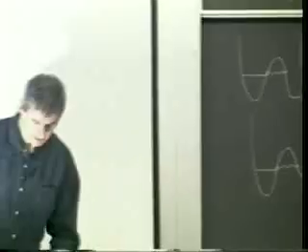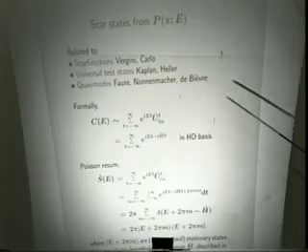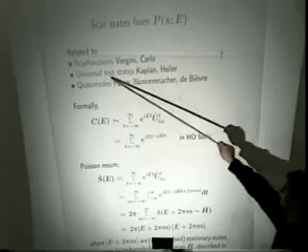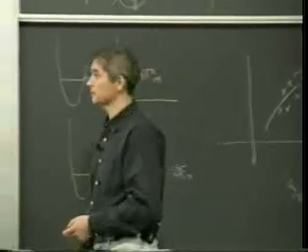Well, it turns out that there's a natural way to describe this, and this basically brings up calculations that have sort of appeared under various names before. So if I want to describe scarring in general in terms of representing patterns in phase space or in wave functions, then it's sort of natural to try to construct universal measures of what those patterns are like. These have come up under various guises. Scar functions mentioned by Vergini and Carlo. They've been called universal test states by Kaplan and Heller, or quasi-modes by Ford, Nonnenmacher, De Bièvre, and others.